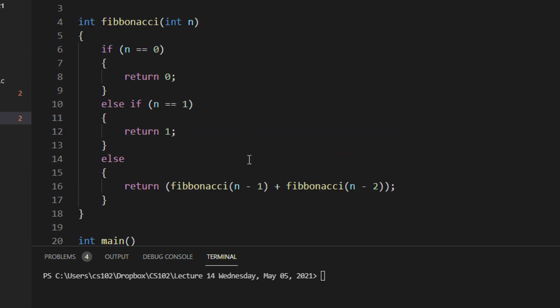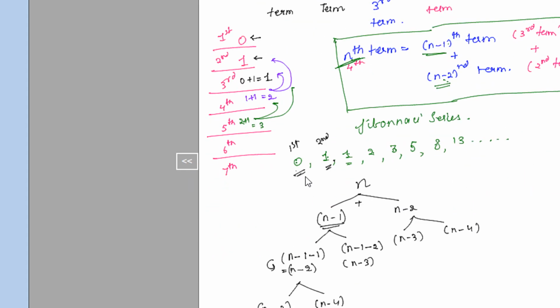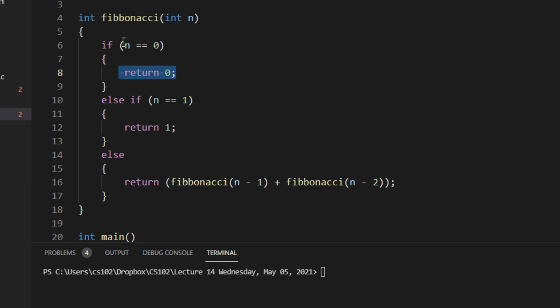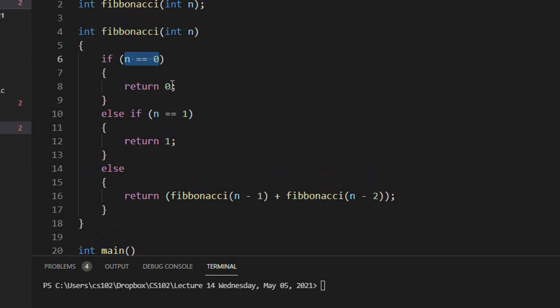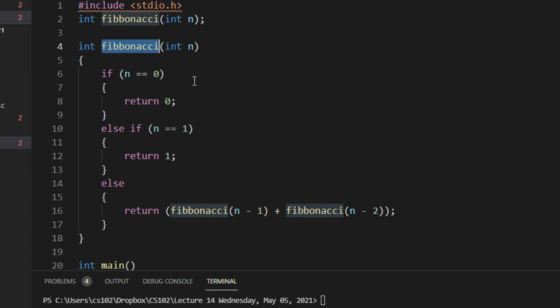Now let us come back to the Fibonacci function. In the Fibonacci function, if n is equal to 0, basically the first term, I am returning 0. Why? Because as I explained in the slide, for the first term and the second term we have the static values 0 and 1 for Fibonacci. The first value is always 0 for Fibonacci, and the second value, the first index, is always 1. Else, if the value is greater than 2, then we return Fibonacci of n minus 1 plus Fibonacci of n minus 2. Now just keep an eye on the Fibonacci word, right?